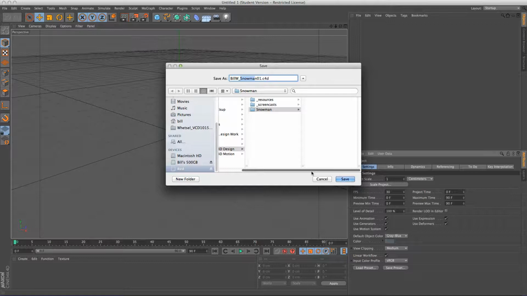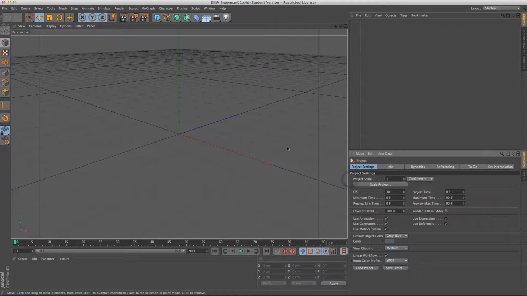So instead of working on one file for an entire week, maybe a couple times a day I'll make sure that I do a save as and increment that file name. This way, if something happens to the file that I'm working on, I don't lose an entire week of my life. Maybe at worst I'll lose half a day or a couple of hours or something like that. So I'm going to hit the save button,